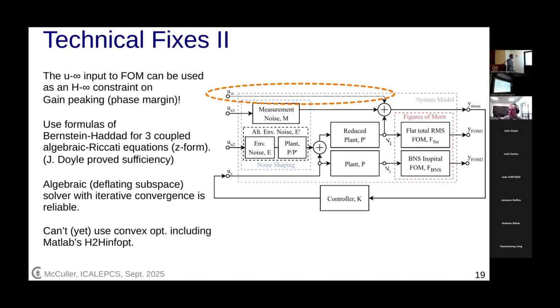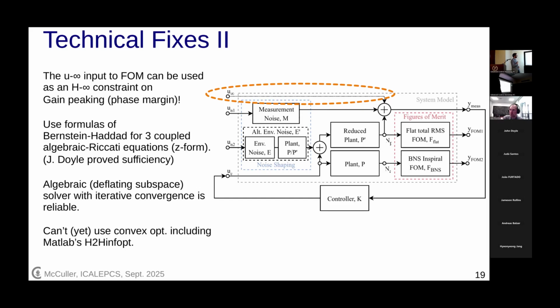And as of Y measurement, this is just measuring G over 1 minus G from Z infinity to Y measurement, or actually Z infinity to Y FOM 1 is measuring G over 1 minus G, which means that this is an H infinity bound specifically on the closed loop gain sensitivity function,